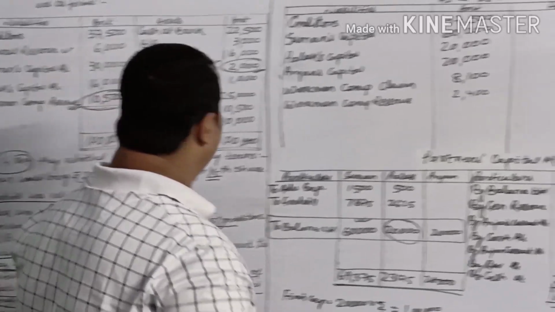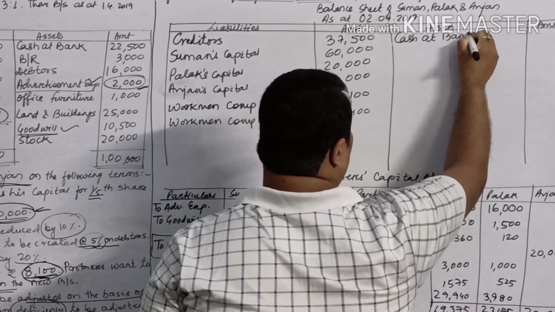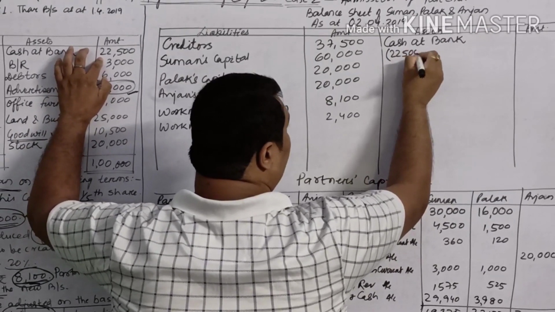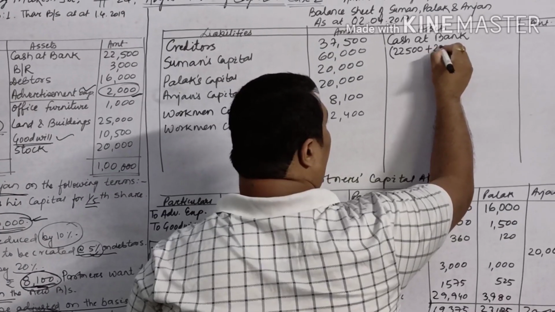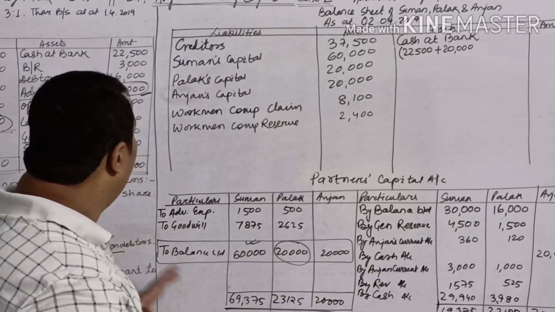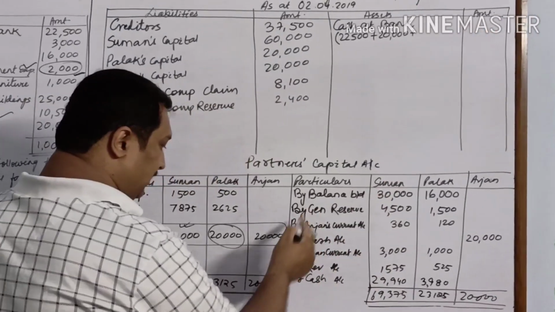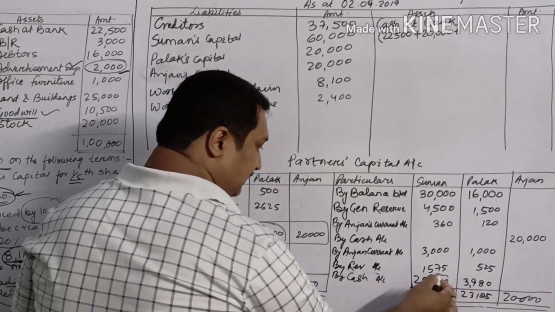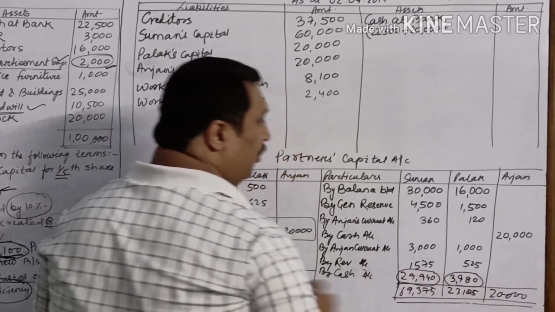Now let's come to the asset side. Asset side we have cash at bank. Cash at bank was earlier 22,500. Now when the new partner came, he brought capital rupees 20,000. Although the new partner could not bring any share in the goodwill, but if you can see, there are certain cash transactions at the end of your partner's capital. This is the amount which has been brought by Suman, and this is the amount which has been brought by